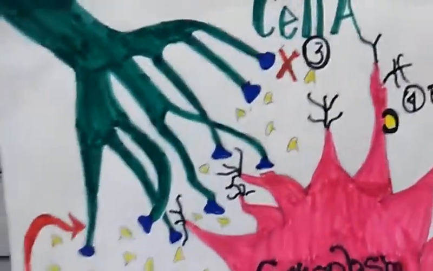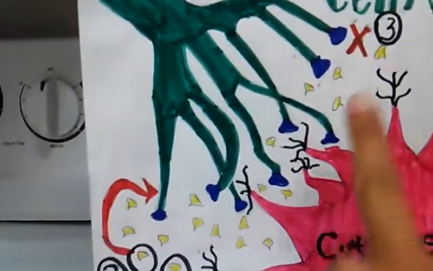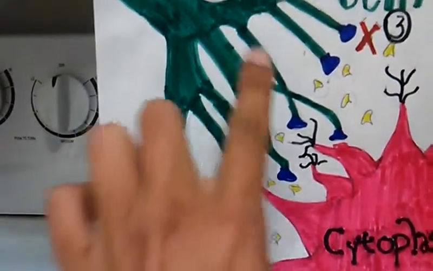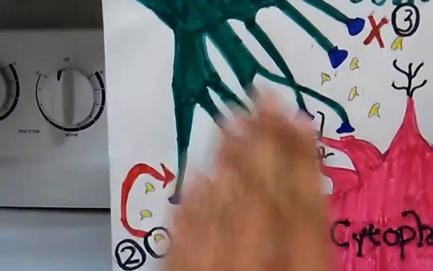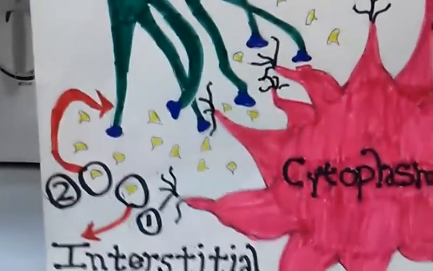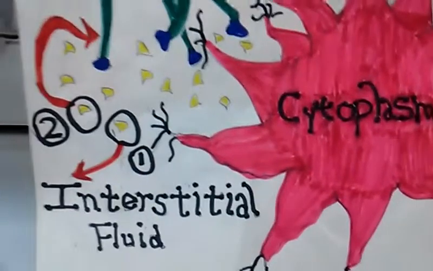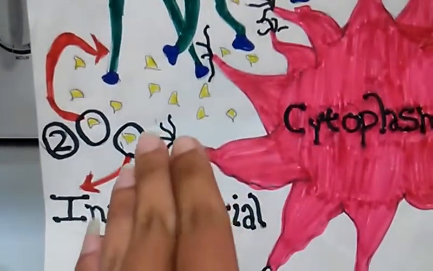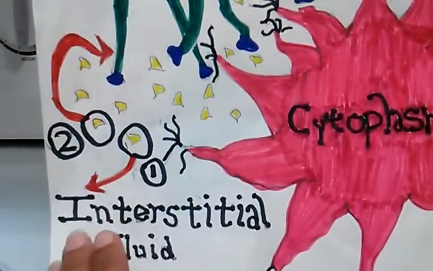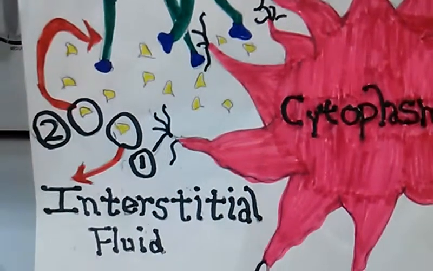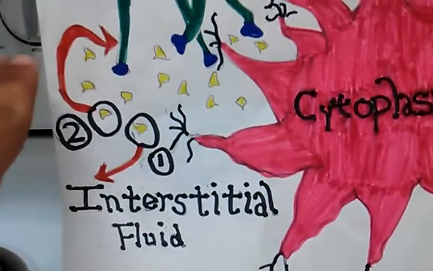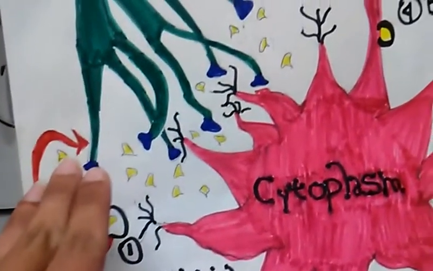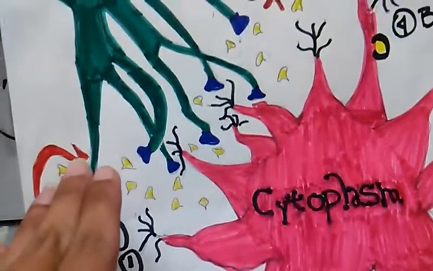The process begins when an event occurs in cell A such that neuron transmitters are released from the terminal buttons of cell A into the synapse between cell A and cell B. At this time, four events can occur. The first is the neuron transmitter molecule can dissipate into the interstitial fluid which lies outside of the cell. The neuron transmitter molecule may also be reuptaken back into the terminal button of cell A to be recycled and